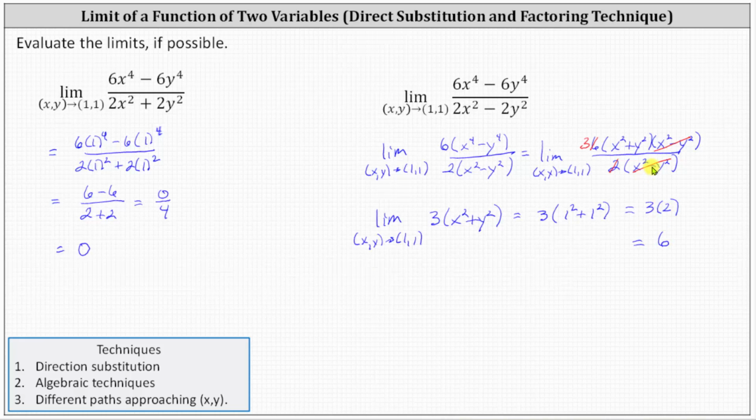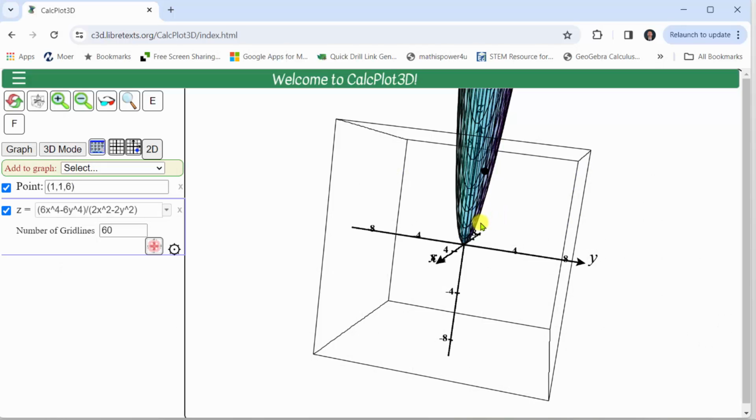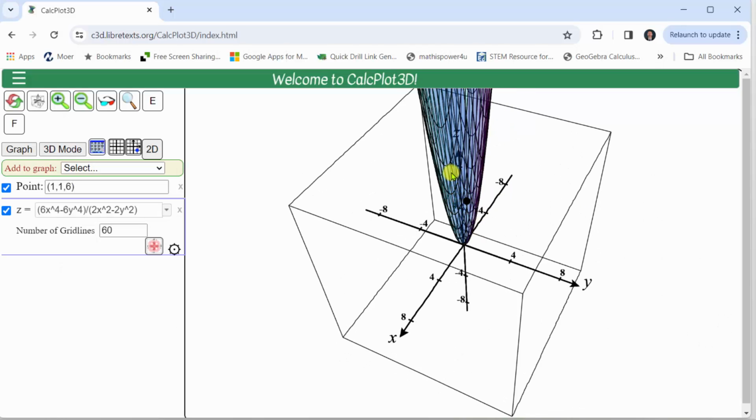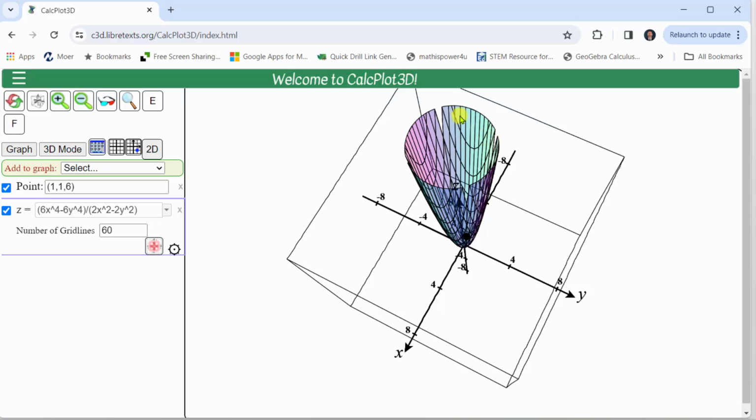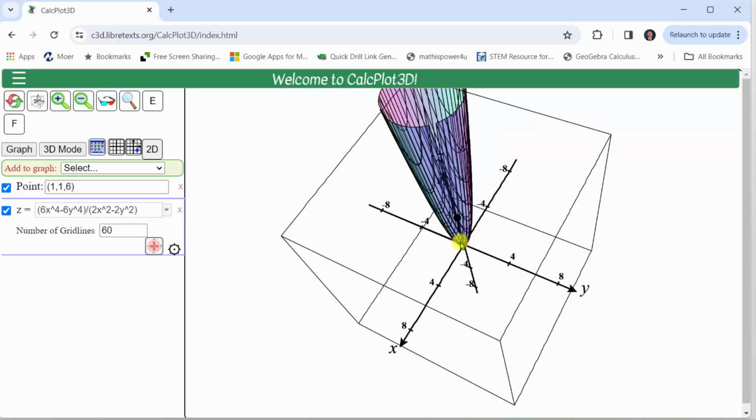Let's also verify this graphically. Here's the graph of the given function. It's hard to tell, but the graph does have discontinuity. We can kind of see some gaps in the graph here. But again, by factoring and simplifying, we were able to remove the discontinuity and perform direct substitution to determine the